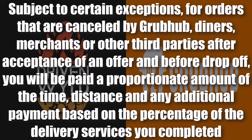Subject to certain exceptions for orders that are canceled by Grubhub, diners, merchants, or other third parties after acceptance of an order and before drop-off, you will be paid a proportionate amount of the time, distance, and any additional payment based on the percentage of the delivery services you completed. So if you get all the way to the restaurant and you didn't mark yourself as arrived, that's a big thing. One of the things that I experienced way back when, I had to have an order canceled and I forgot to mark myself as arrived, but they never paid me for arriving to the location because I was there,